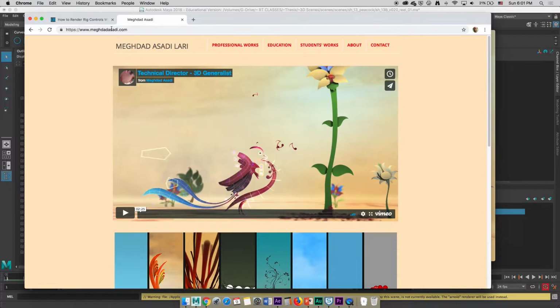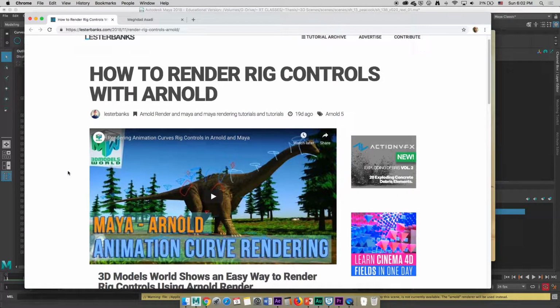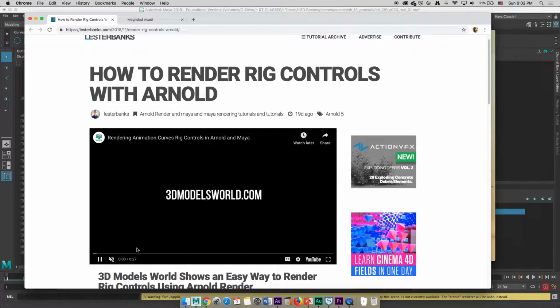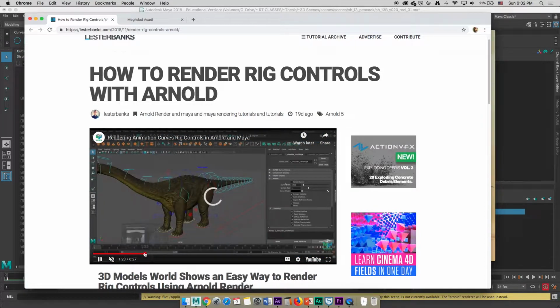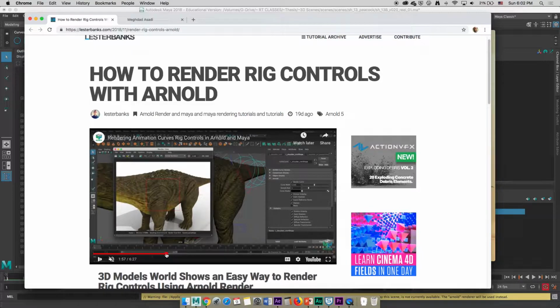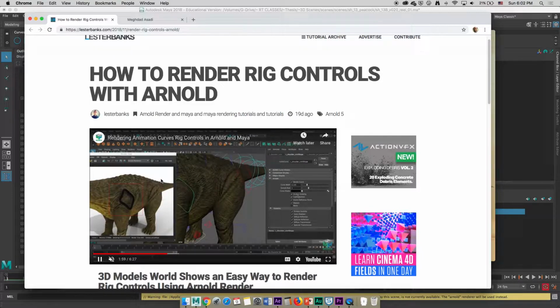So when I saw this tutorial, I realized that it's apparently everybody's challenge on how to make the controllers to show up, because as you know, Maya is not able to render out the curves. So I know 3D Max actually does it, but in Maya you can't render out the controllers. So when I watched this tutorial, I was so excited because it was like 10 years that I was not able to. I mean, I know that there are some workarounds for it, but